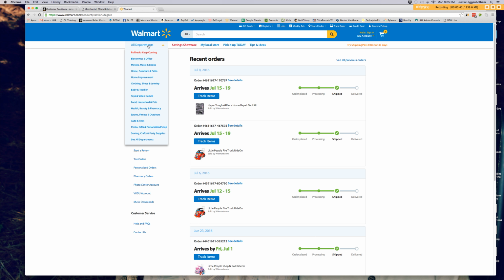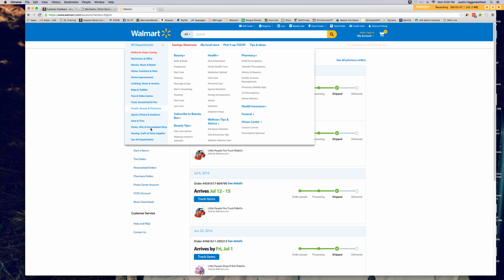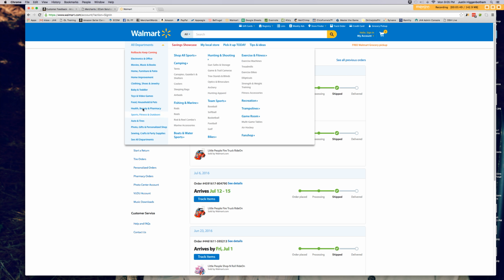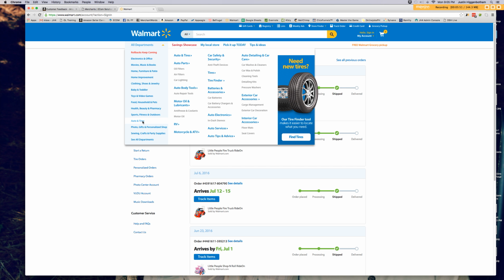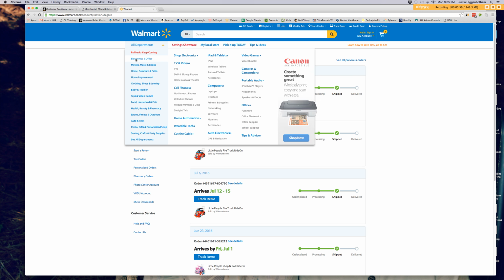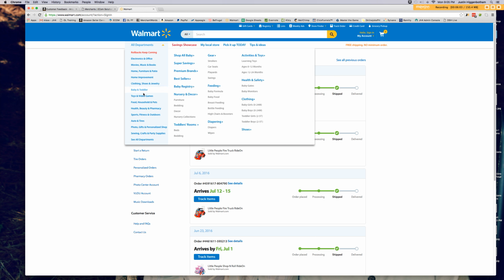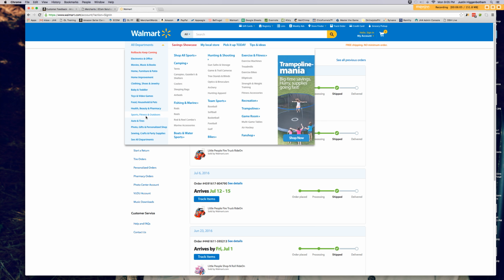All right, so what you do is you go to the supplier website first, go to all departments, and you see how it lists out all the categories. Now obviously some of these categories we don't really focus too much on listing items in, like auto. We're not authorized to list items in there. We don't focus too much on electronics and obviously books, but most of these other items we can list things in,